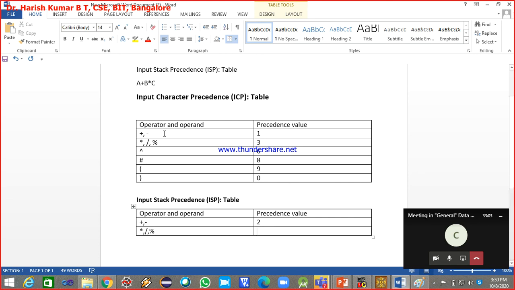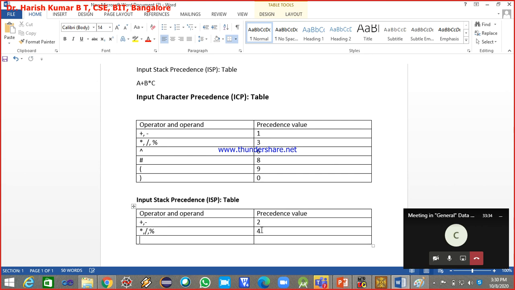What was the precedence assigned if it is encountered as a character from the input string? 3. Now, when the same characters, into, divide and modulus operators, are on the stack, what is the precedence I have to give? More than this 3. Following? Yes or no? Yes. What is more than that 3?